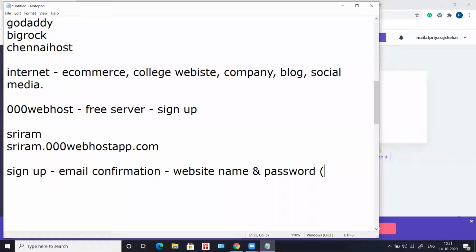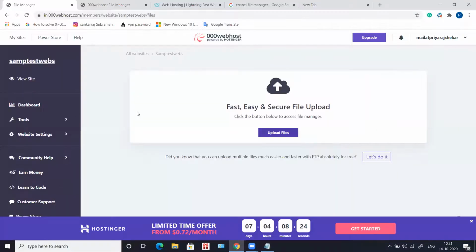Whatever name you give here, again it is going to create a URL with that name, 000webhostapp.com. So this is the sign up process. The sign up process is very simple. You have to choose all the categories properly, and then you're good to go. Once you've signed up,